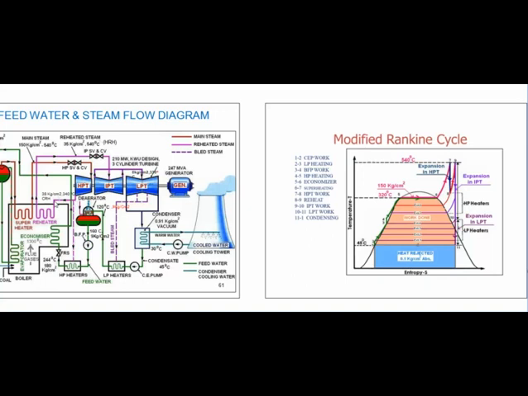This expanded steam with reduced pressure and temperature is again sent to the reheater. So you can see this is a reheating process. 8 to 9 is your reheating process. In this reheating process, the steam temperature is again brought to the main steam temperature, that is 540 degrees centigrade,